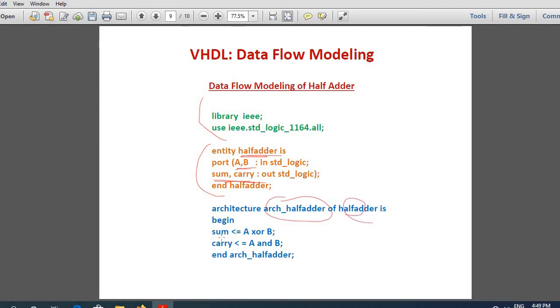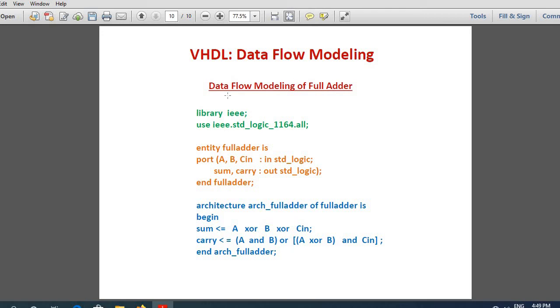What is the equation for my sum? Sum is A XOR B. So you write sum less than or equal to A XOR B. This is my assignment operator. XOR is an inbuilt operator. Now carry. What is the equation for carry? AB. So carry can be assigned as A and B, and end architecture.